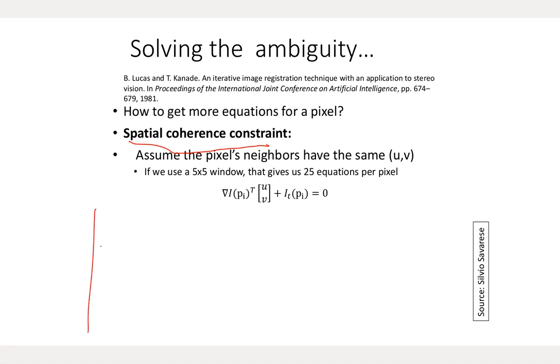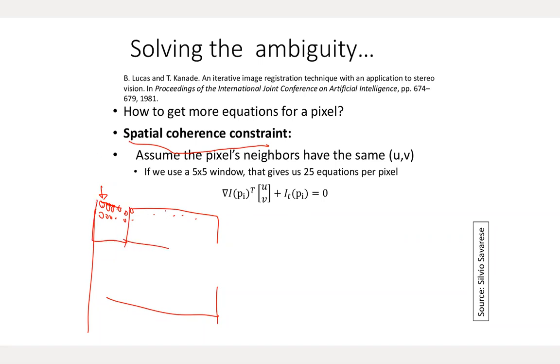So basically, remember that each pixel can potentially have different UV values. If I have this image, each pixel here can have a different U and V value. So here we will just assume that